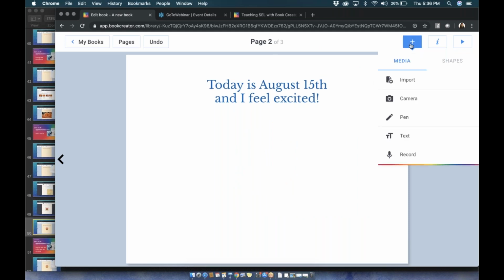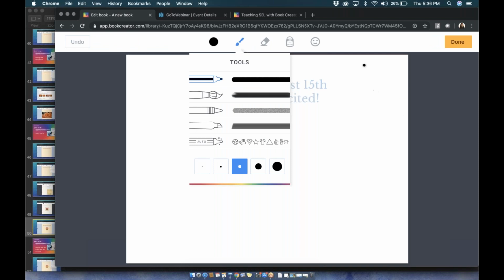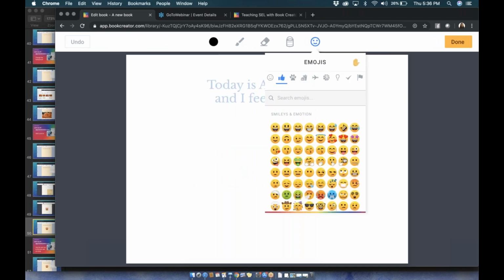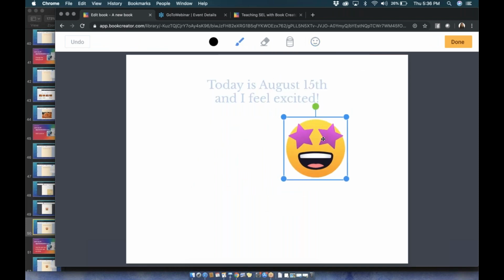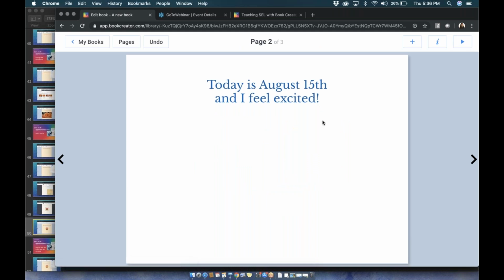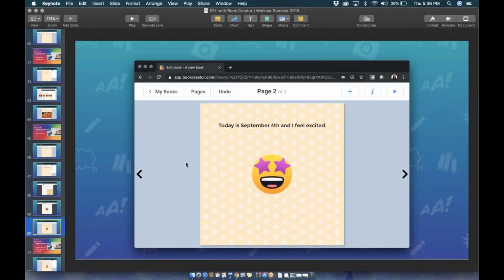Let's see, I think mine is just taking a second, but I want to make sure I have this one here. Let's add it right here again. We'll place it right there. I'll hit done, and it should pop up first. Looks like my Wi-Fi is just lagging a little here. I'm sure if you do yours, it'll pop right up for you too. So here you can see I've got my title up here at the top, or my entry. Then I have my emoji that goes along with it.